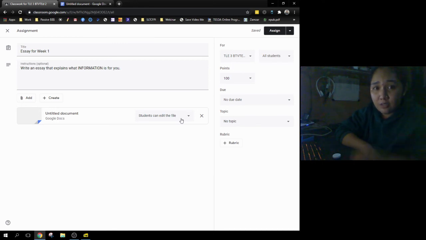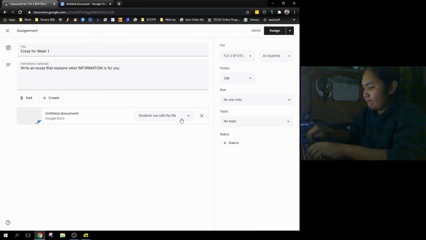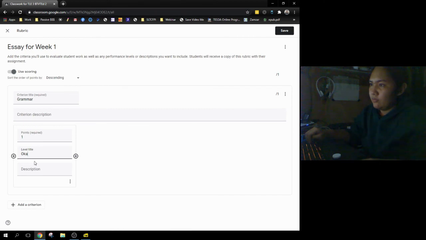Then for rubrics, you can make your rubrics if you want. It will really help you with grading, especially if we're dealing with essays, right? So we can create a rubric. We can put, for example, grammar. There we go. So for 1 point, level title, okay. Then for 2 points, we have